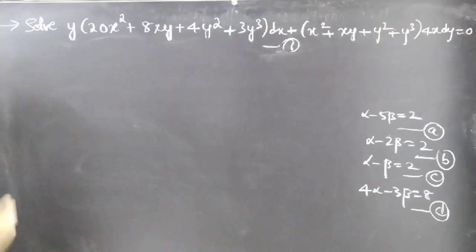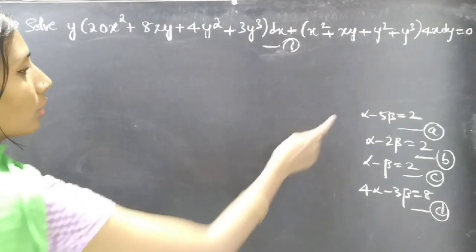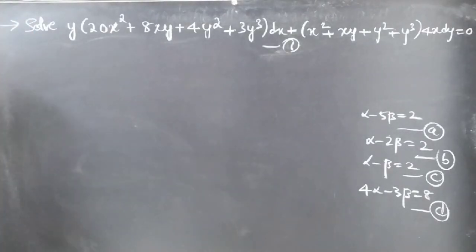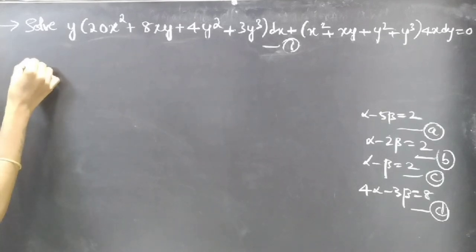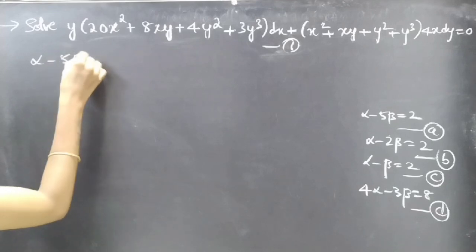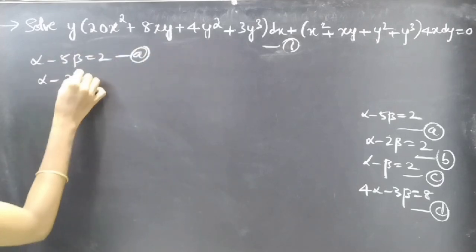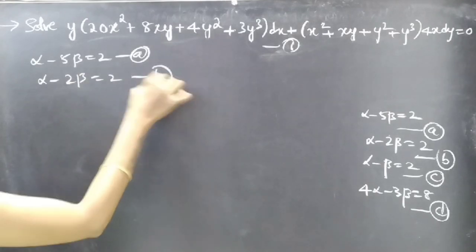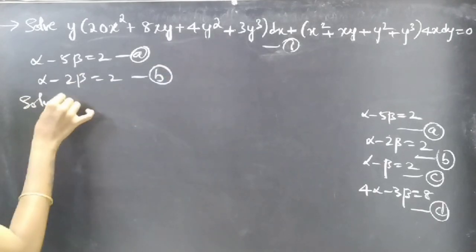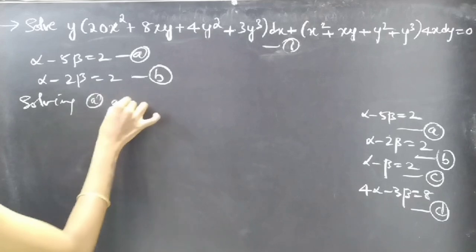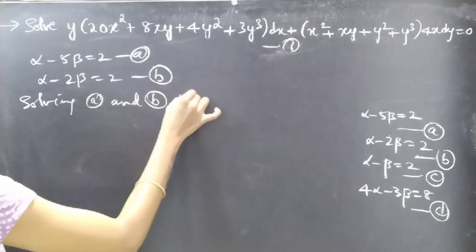Now solve any two of these equations. Just pick any two equations from these four and solve them to find alpha and beta. So I'll take the first two, solving A and B, we get